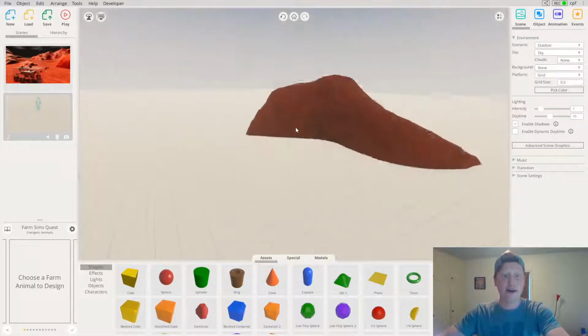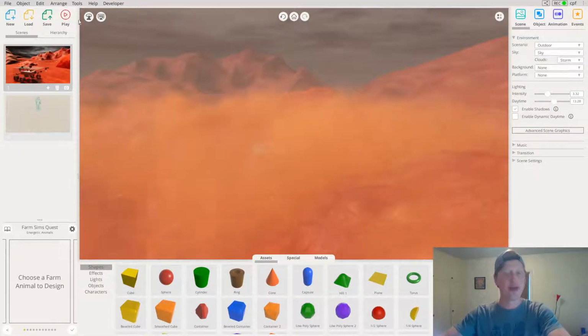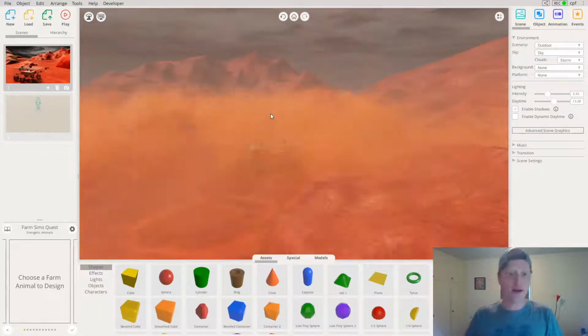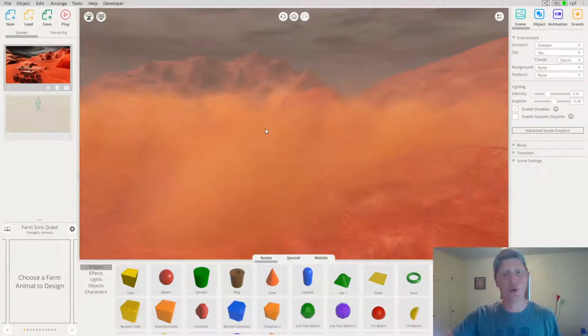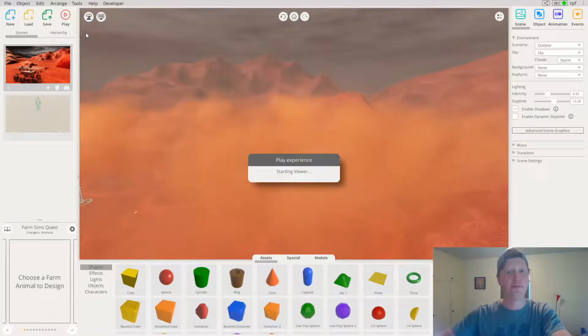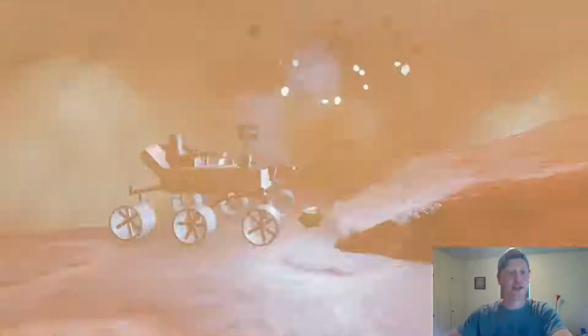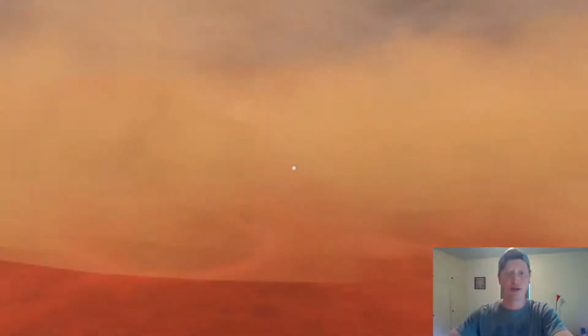All right, the final feature that I wanted to show you, and I'll do it in my Mars scene because this is going to be a lot cooler, is being able to actually record a video in the builder and then upload it to your profile extremely easily. So when you play the viewer, if you are using it new, you'll probably see this new dialog that says, just press R to record. I have already disabled that, but I can just press R whenever I'm ready, and I can record this scene. So I'm going to press R now,